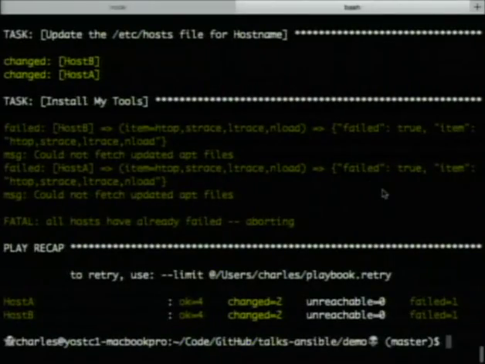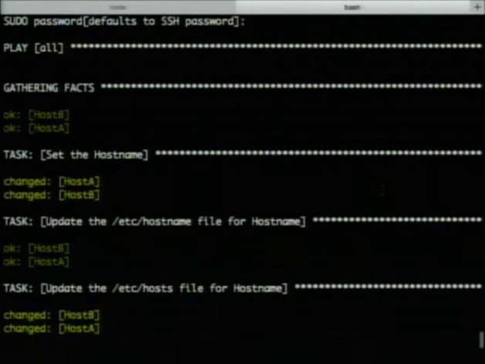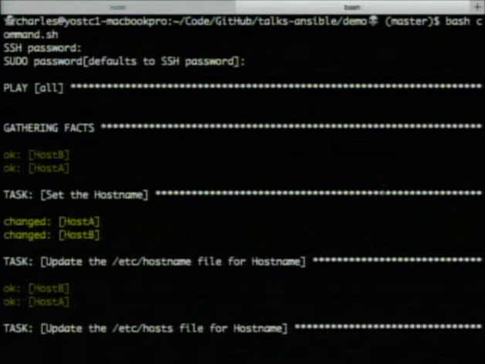Cool. So going back to the example that failed spectacularly because this is a demo, you'll notice there's different sections here. We've got play, gathering facts, task, task, task. This is how Ansible communicates back to you what's happening. It runs in parallel. It talks to the hosts at the same time. If I had 50 hosts on here, it would be talking to 50 hosts. In this case, I only have 2. Host B, host A. You'll notice that they are not in the same order in every section. That's because it's talking to them at the same time, so whoever responds back first is put first in the list. However, it first gathers facts.